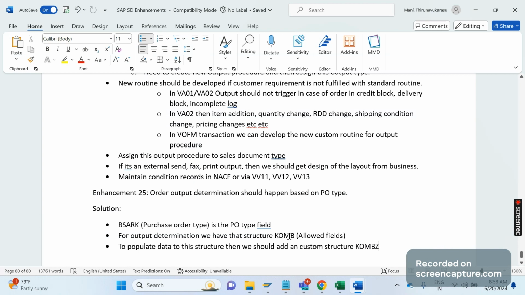Next is that we remember, in case of pricing, the header pricing communication structure is KOMK, right? Coming to the item, that is KOMP. Similar way, for output also we have the structures available. That is, for header output, the communication structure is KOMK,